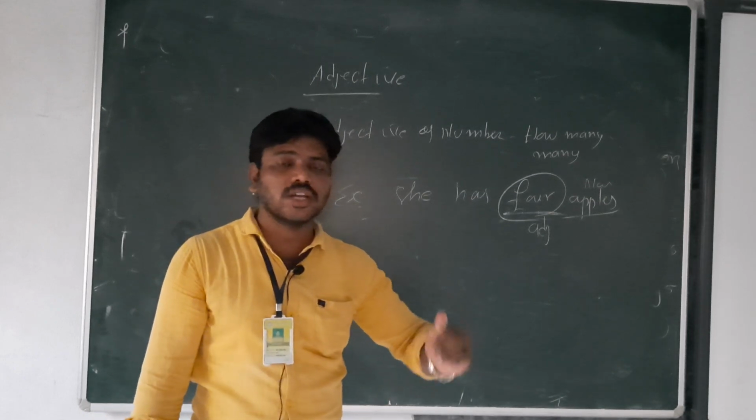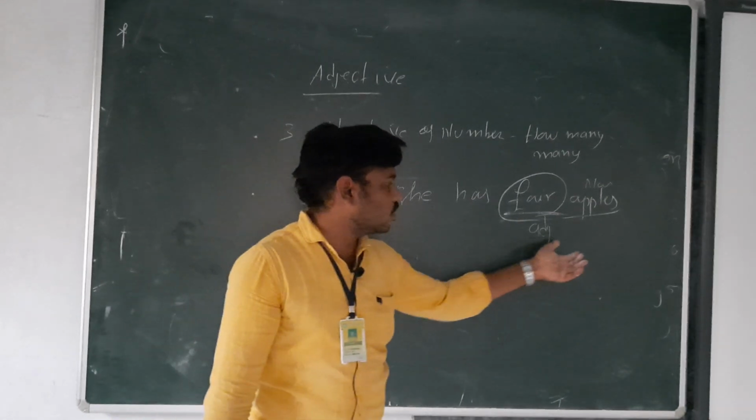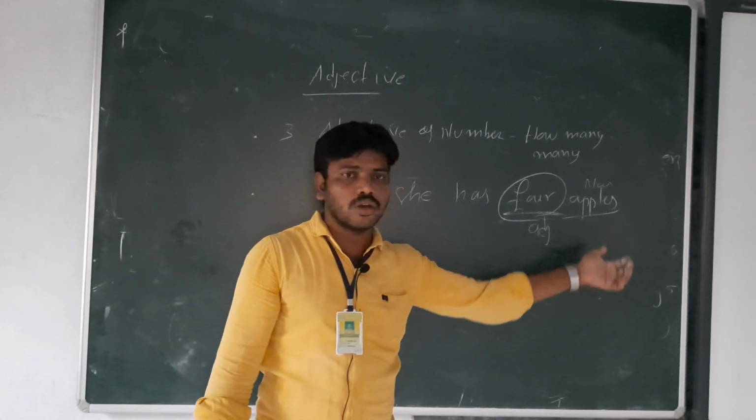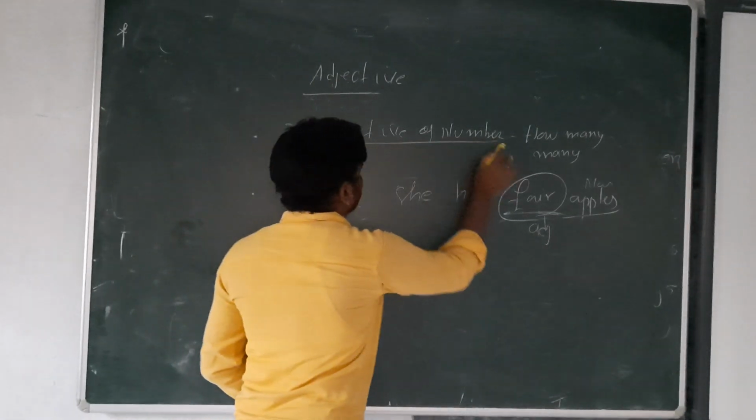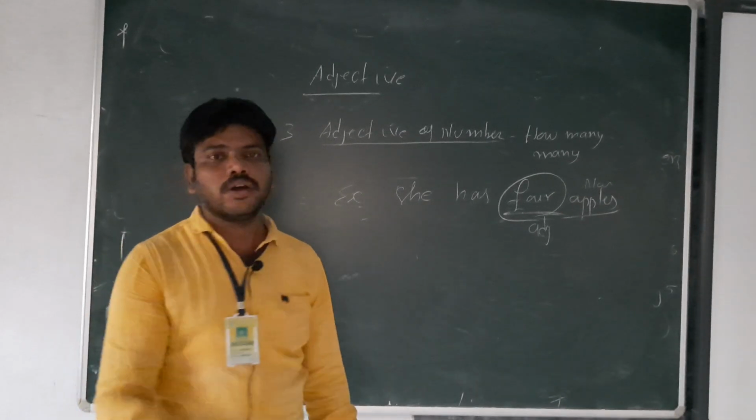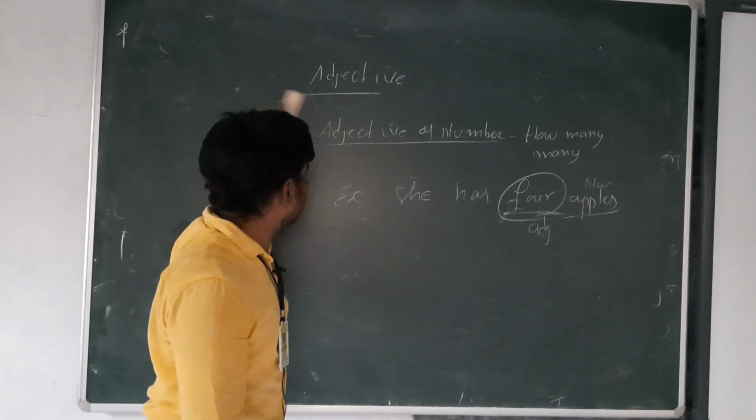That's what our meaning also. Adjective gives something to the meaning of the noun. So how many apples? 4 apples. That's why it is called adjective of number. Next one,